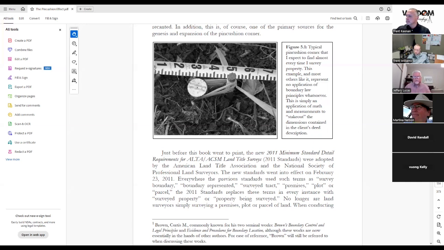The biggest problem, and the reason I wrote this book, is look at that picture. What do landowners think when they go out and see that crap? They think we don't know what we're doing. They're afraid to call a surveyor out because they know where their corner is. That was that rebar. But now the surveyor, and it can be a lot worse than this, of course. It could be 6 feet off, like in our case, appealed by Janet Reed. The surveyor could be 6 feet off, and then moving fences,